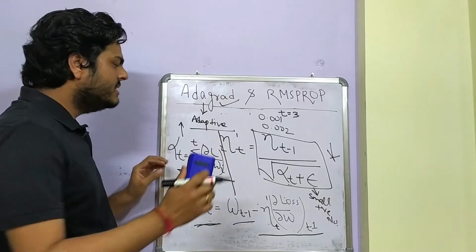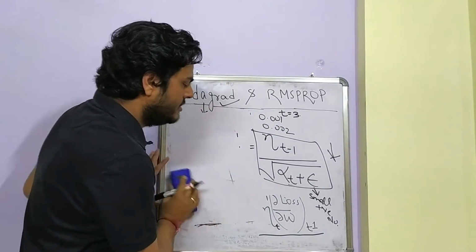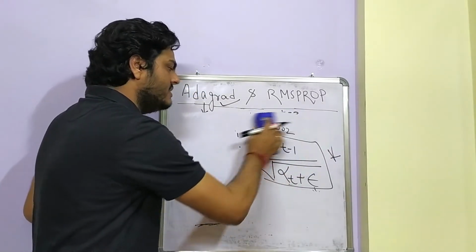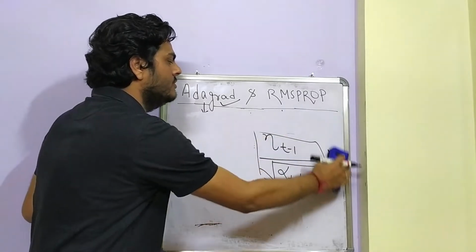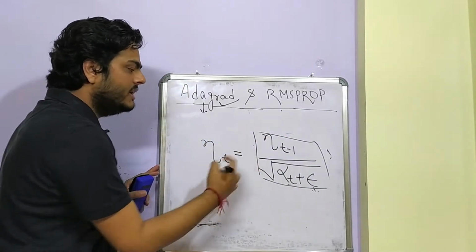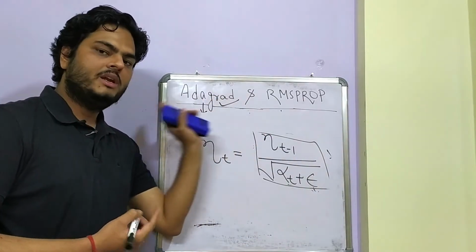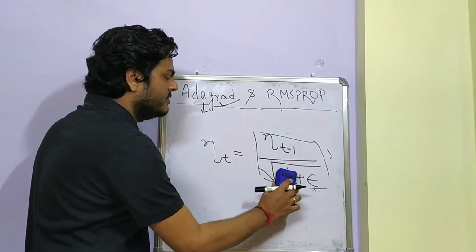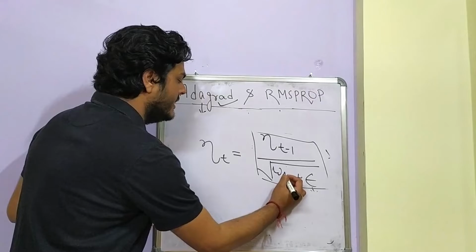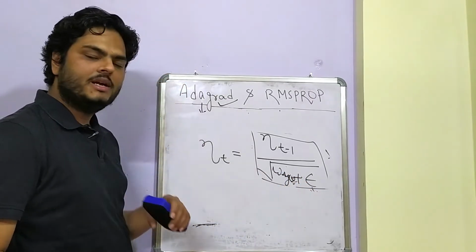So I'll tell you in summary what is RMSProp, or what is the intuition behind RMSProp. How RMSProp will work is, in this equation what you see in front of you, the new learning rate at time t was alpha t plus epsilon in case of adaptive gradient. What will happen in RMSProp is, we will take the weighted average at time t. So what is this weighted average at time t?